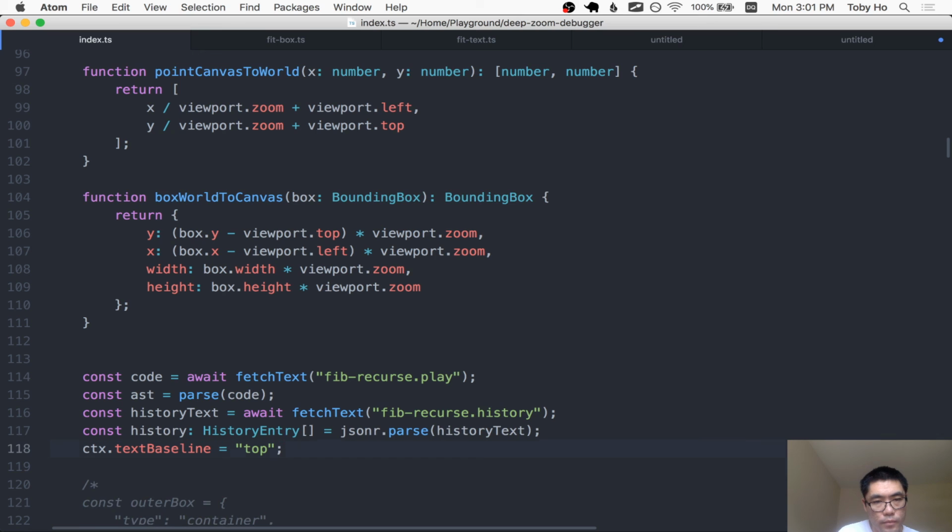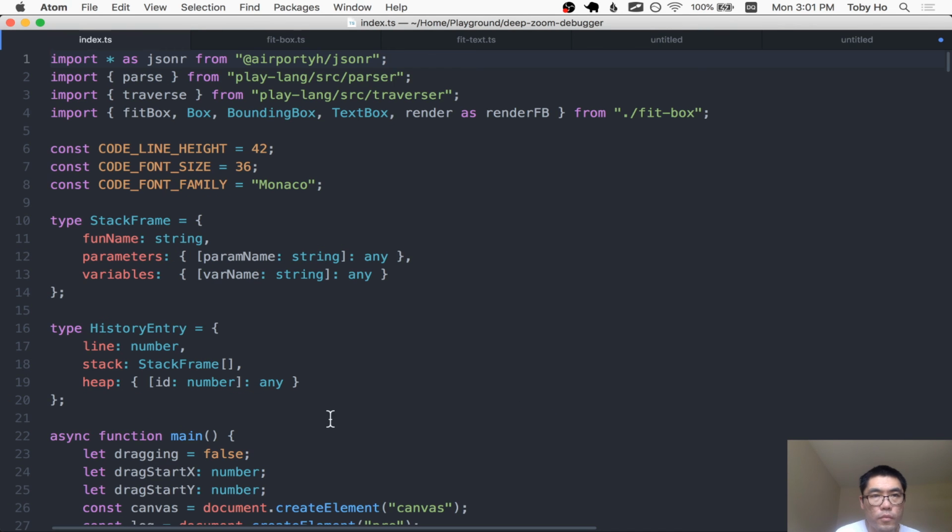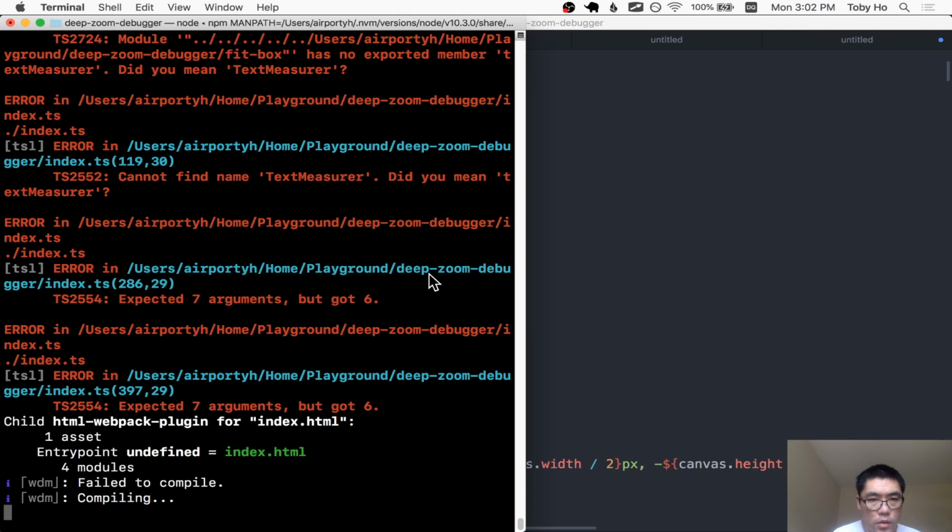Let me do that. Okay. Can get rid of this render function. Okay, so let me